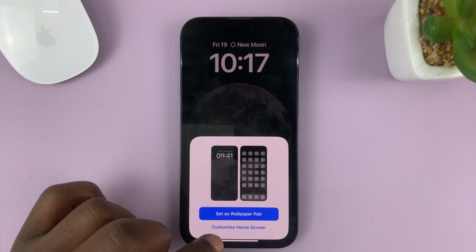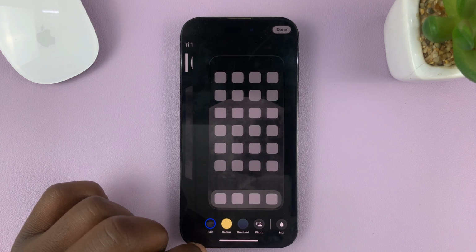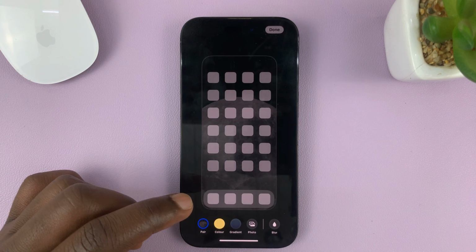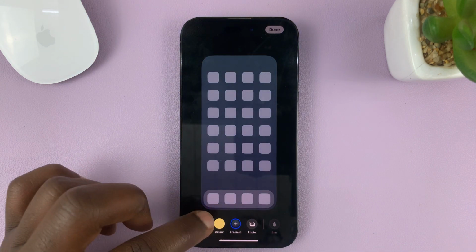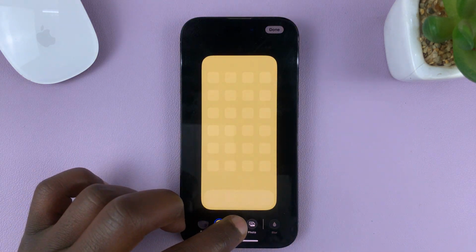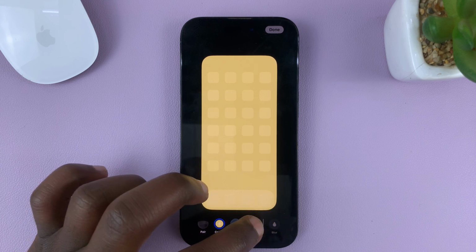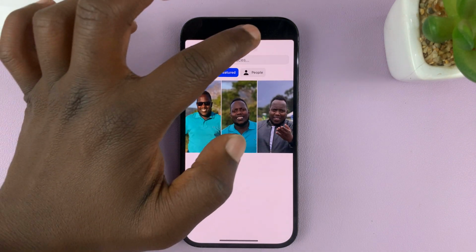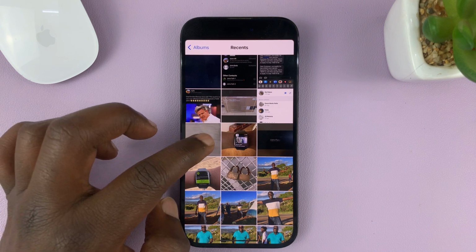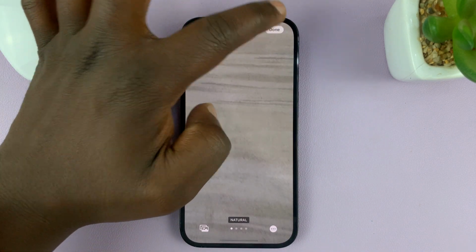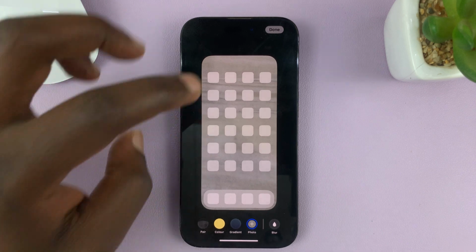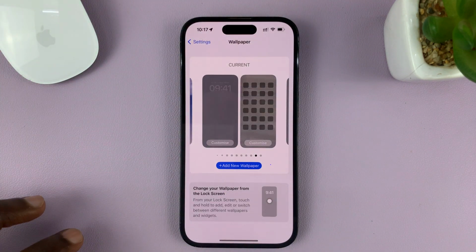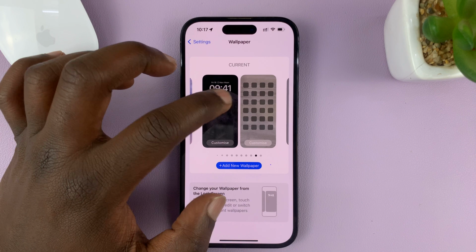If you want to customize the home screen, just tap on that, and then you can choose a different wallpaper for the home screen. So again, you have different colors you can choose from. You have the pair option. You can go into the photos app and choose a photo from your gallery like this one. Tap on done, and that's your new wallpaper for the home screen, and then tap done, and now we have